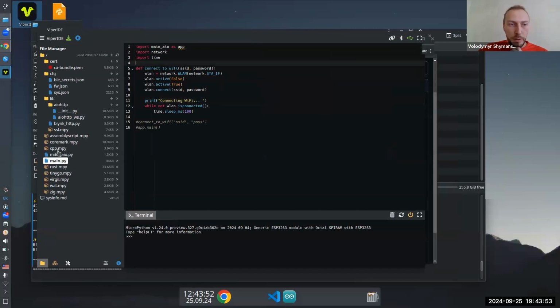Here are all the uploaded MPy files that the test uploaded to the board. I can import, say, C++, and then I can call setup, which does print something.